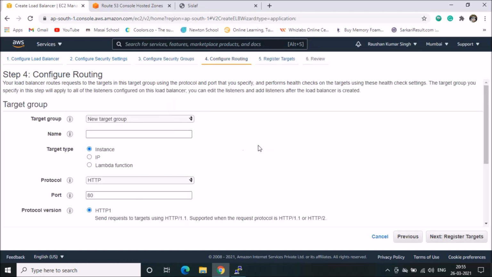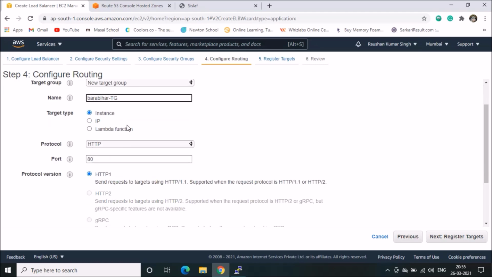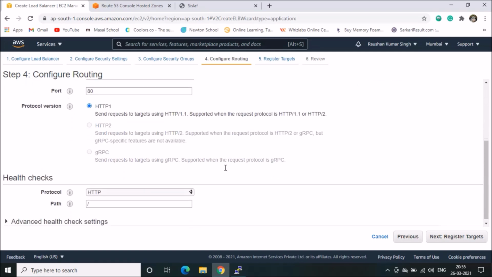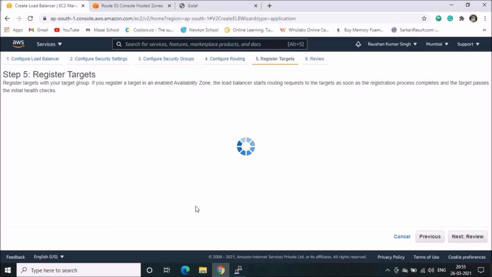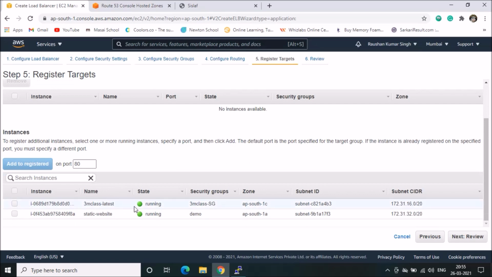Then here we will give the target group name. Here we need to attach our instance to the target group, so the load balancer can distribute traffic here. Next, we need to add the target, that is the instance.